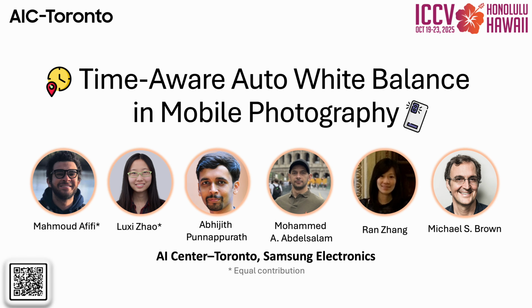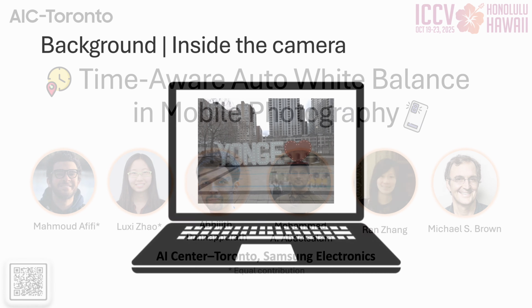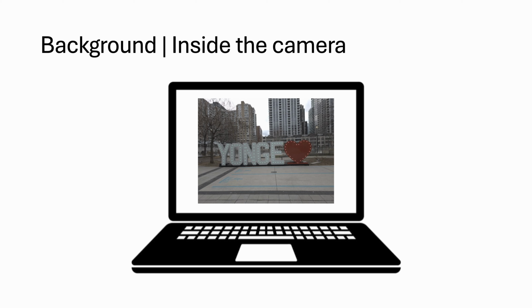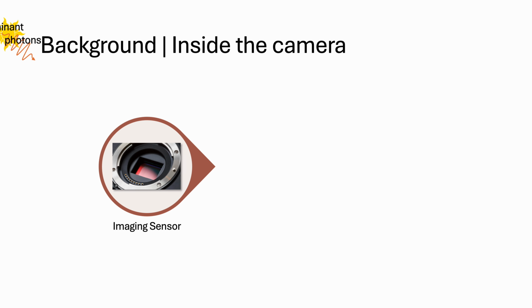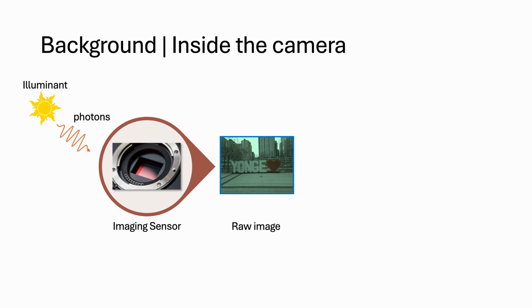Time-aware auto-white balance in mobile photography. The colors of photos we see on our digital screens are not their original sensor measurements, but the result of a series of image processing steps. When light reaches the camera sensor, it produces a raw image that is linearly proportional to the number of photons